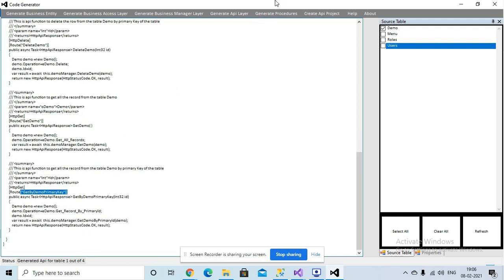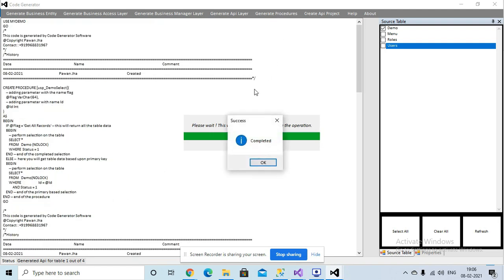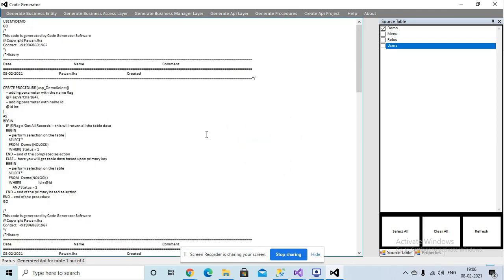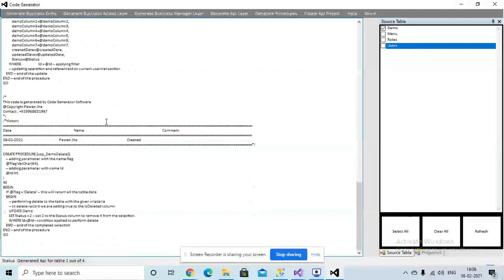After that, if you want to create a procedure, you do not need to think about how we will create insert, update, delete, all the proc work. So now you can see that this code generator has created the procs: demo select, demo insert, update, and delete.